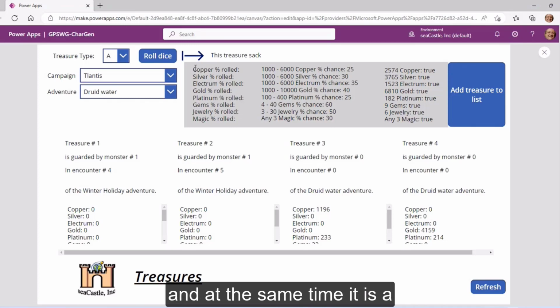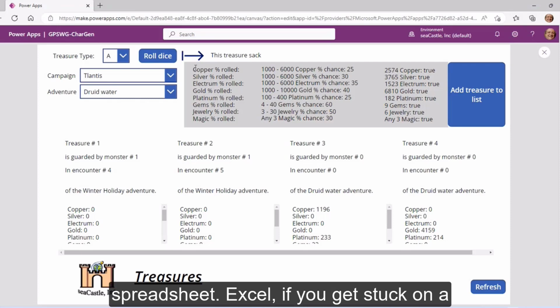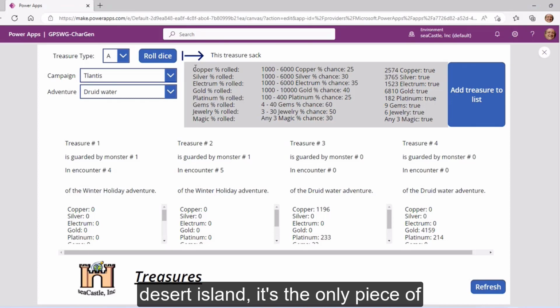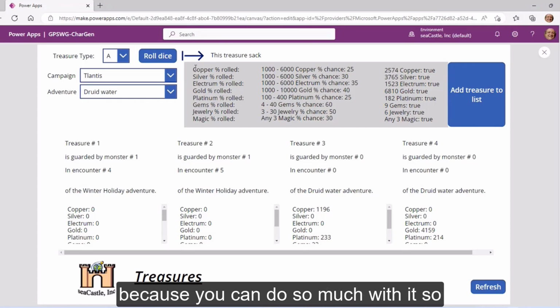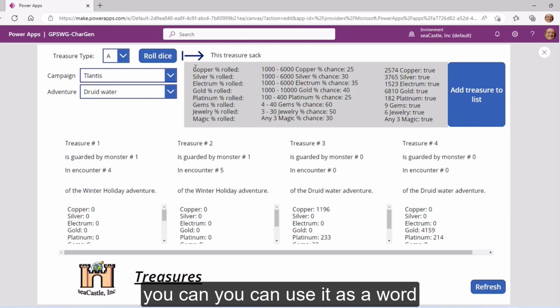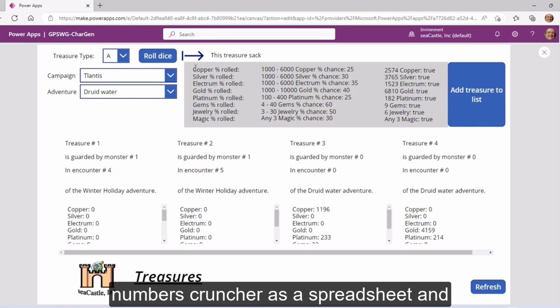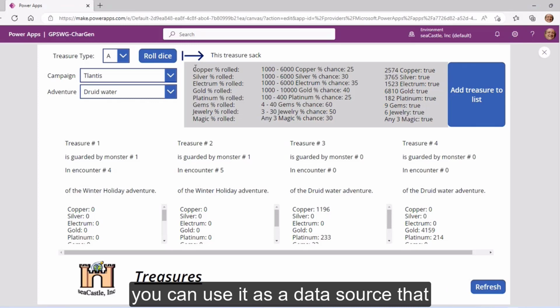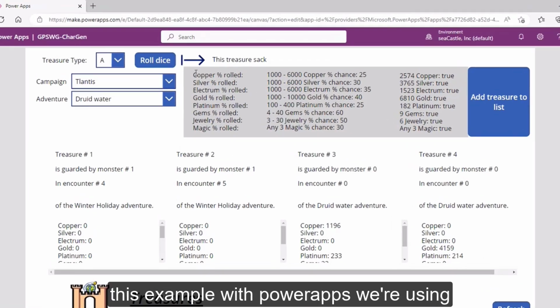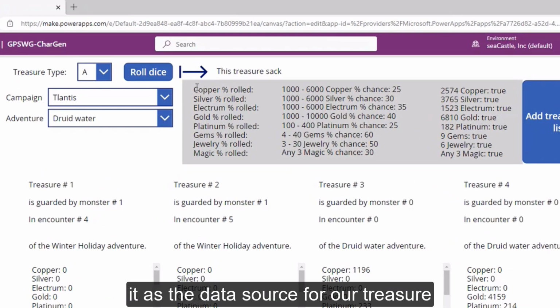And at the same time, it is a spreadsheet, Excel. If you get stuck on a desert island, it's the only piece of software I probably would bring with me because you can do so much with it. So you can use it as a word processor. Again, you can use it as a numbers cruncher, as a spreadsheet. And you can use it as a data source that produces nice, pretty pivot tables and charts and stuff like that. And here in this example with Power Apps, we're using it as the data source for our treasure types,